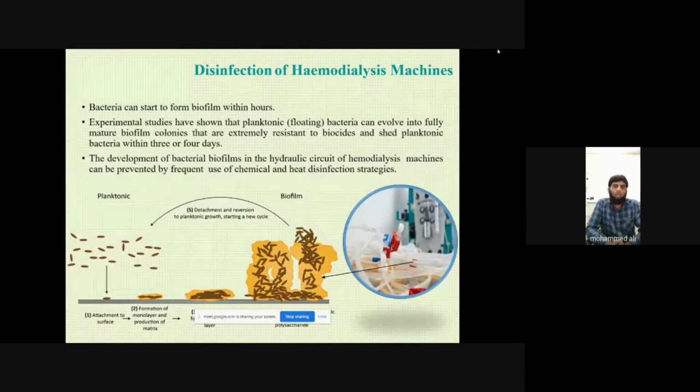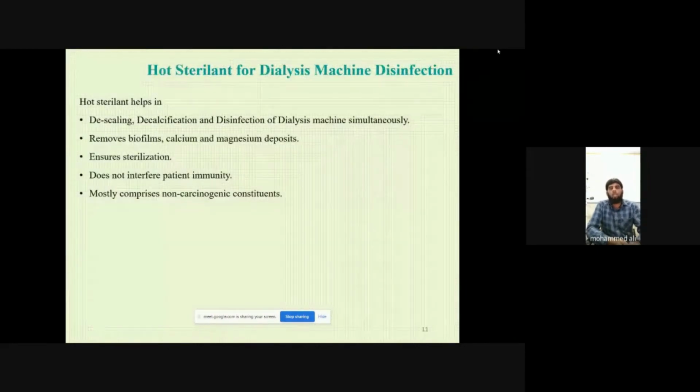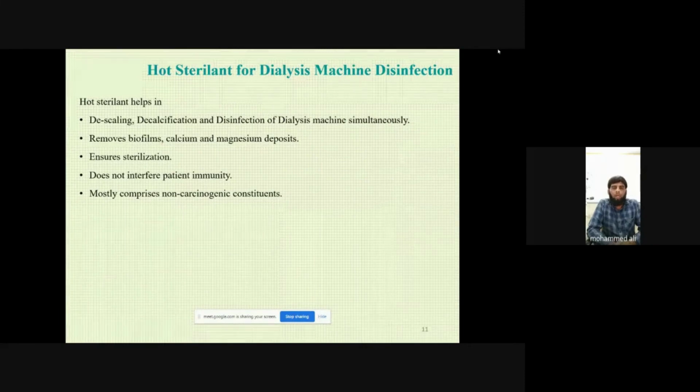और उसमें दूसरा रीजन ये भी है कि आरओ वाटर, जो हमारा प्रोडक्ट वाटर है, वो भी एक सोर्स ऑफ इन्फेक्शन है। अगर फ्रीक्वेंटली डायलिसिस का अपना आरओ प्लांट है, उसको बैकवॉश देना है, रीजनरेशन देना है, फिल्टर चेंज करना है, ये भी बहुत बड़ा मेजर सोर्स है। इसलिए हमें फ्रीक्वेंटली बैकवॉश देना है, रीजनरेशन करना है, फिल्टर चेंज करनी है, एंडोटॉक्सिन की लेवल चेक करनी है, और वो एंडोटॉक्सिन आर्मी स्टैंडर्ड्स के अकॉर्डिंगली होने चाहिए। और जो कॉलोनी फॉर्मिंग यूनिट वाटर में बनती है, वो भी आर्मी स्टैंडर्ड के अकॉर्डिंगली हो।